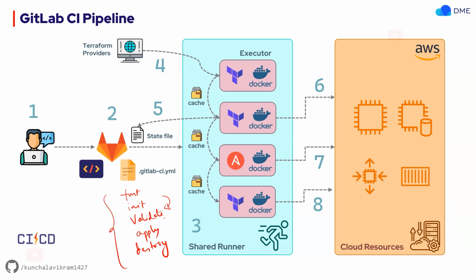So I will not run all these commands in a single job. Instead, I'll create a separate job for each of these steps. For fmt, I'll create a job. For init, I'll create a job. Before that, once you have this .gitlab-ci.yaml file, GitLab has to run